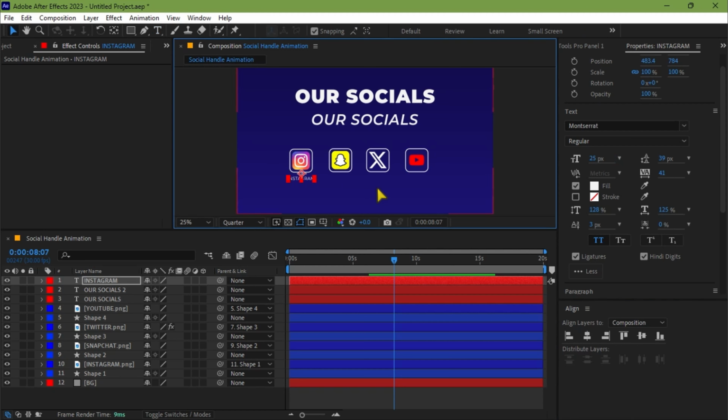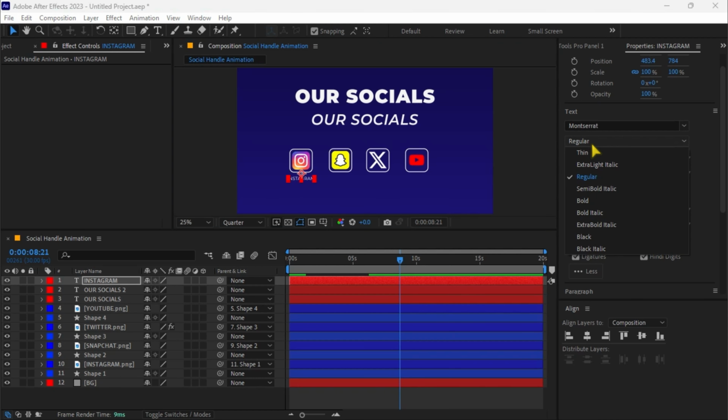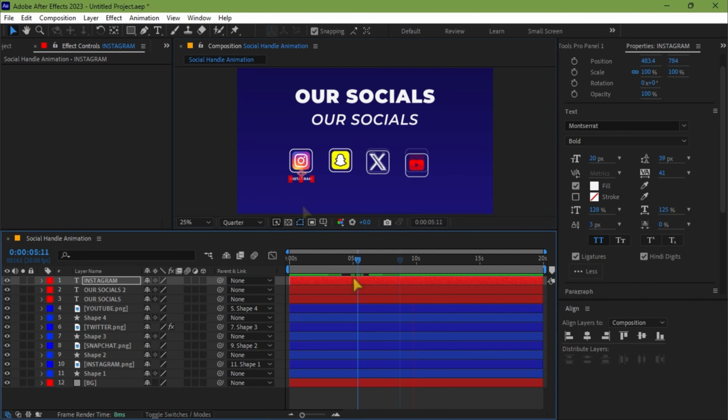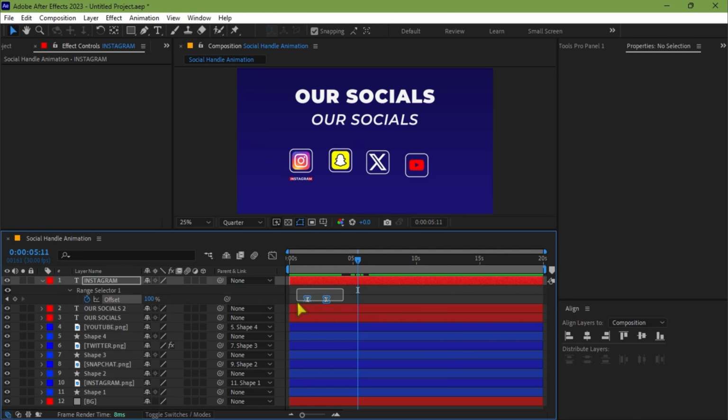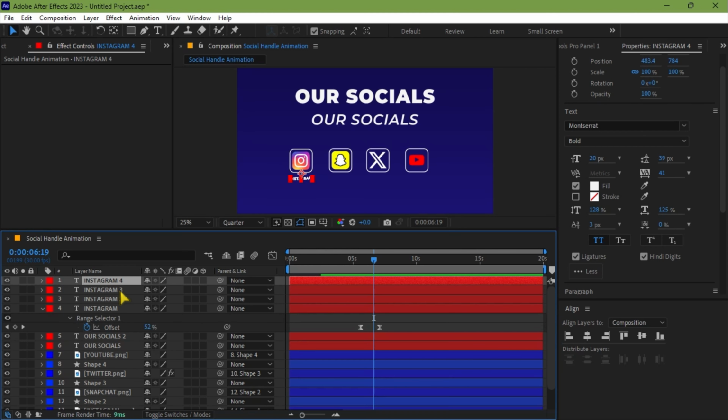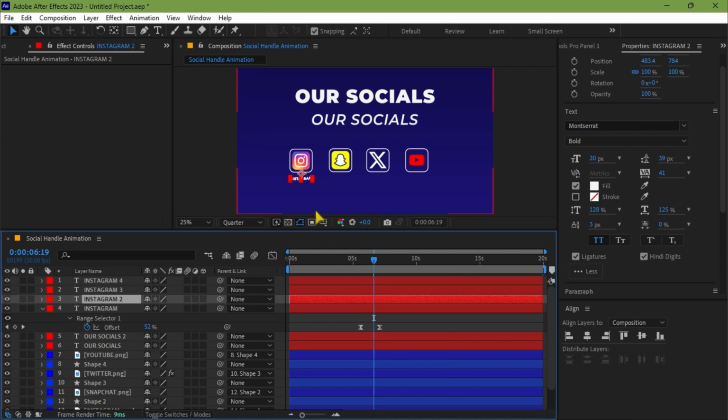You can use this bold font and increase or decrease the size to something around 20. Yeah, it's perfect. Now hit U to see its properties and offset the keyframes after the icons appear. Yeah, something here, and let's adjust it. So duplicate it 3 more times. Holding Shift, adjust it something like here,